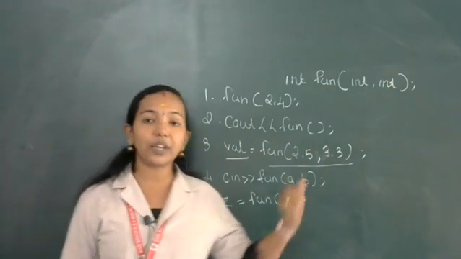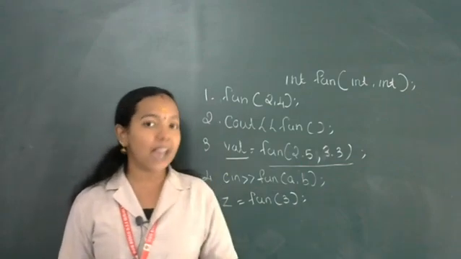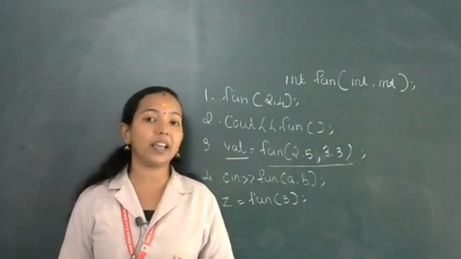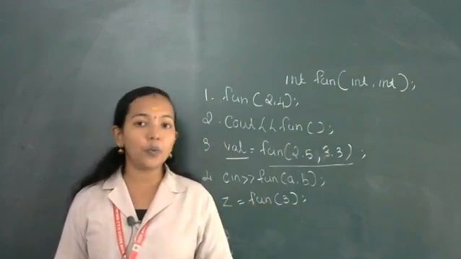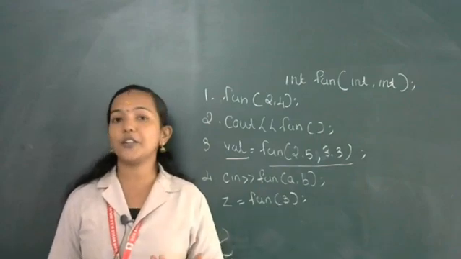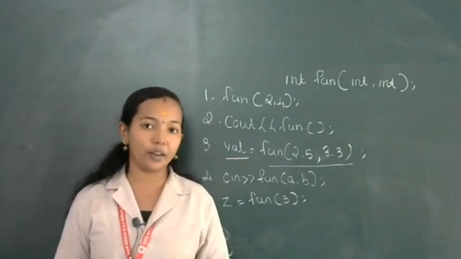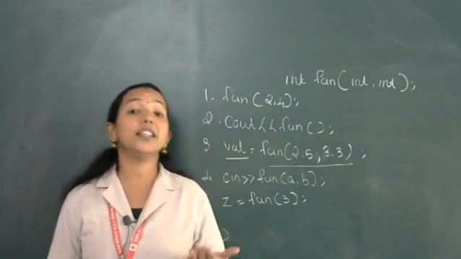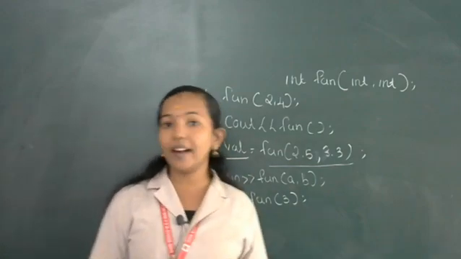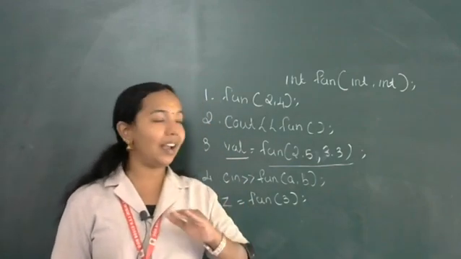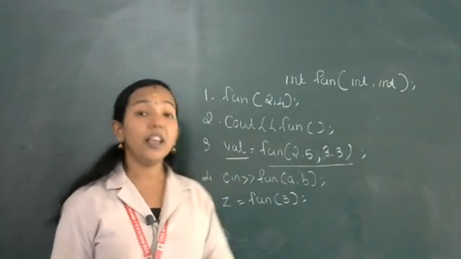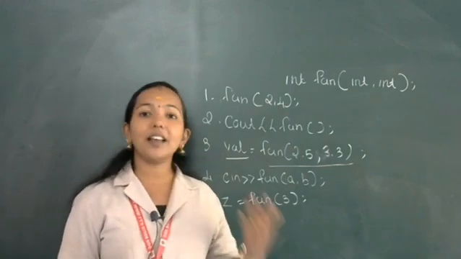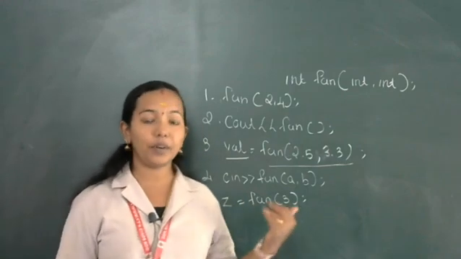Okay, so these are the different types of function calls. From this chapter now you can expect this kind of questions for your examination: call by value and call by reference, predict the errors, predict the output, then identify the invalidity of function call statements, and also the important header files. Suppose you want to include math.h, then which header file has the power function. So header file matching questions can come, header files and also functions. And call by value, call by reference, then actual argument and formal argument. So these are the important types of questions from this chapter.